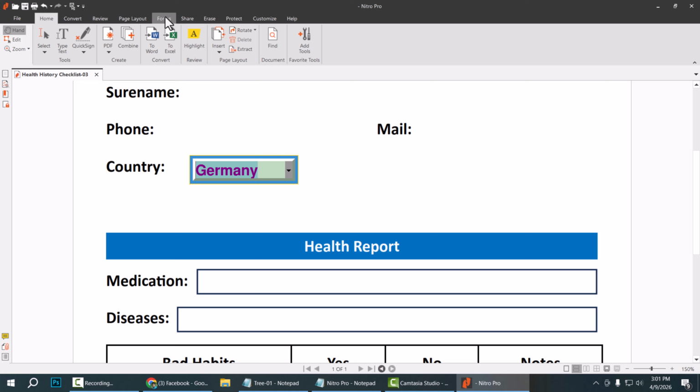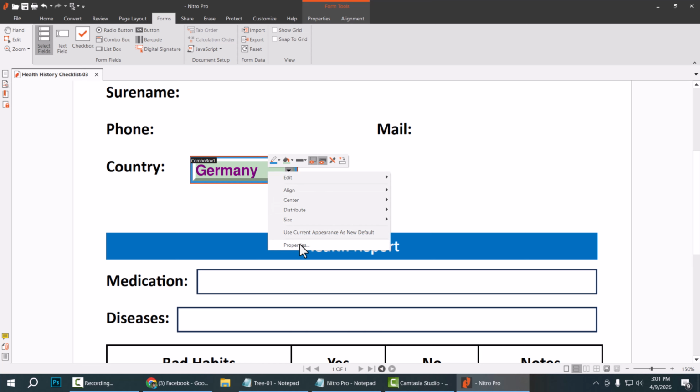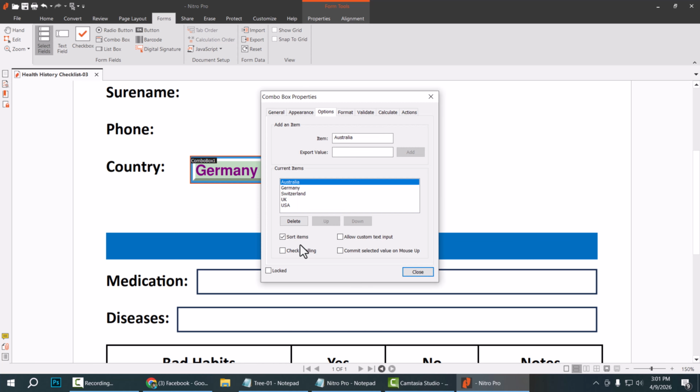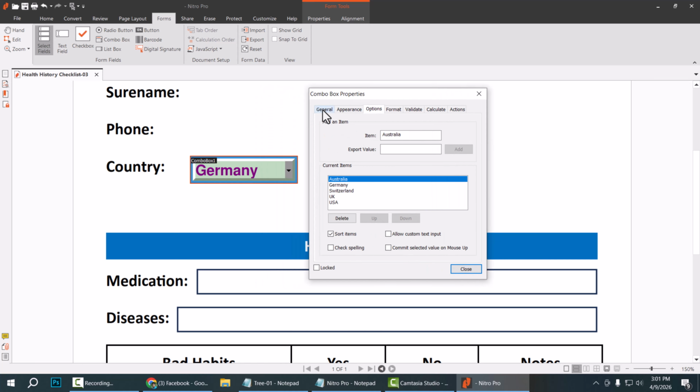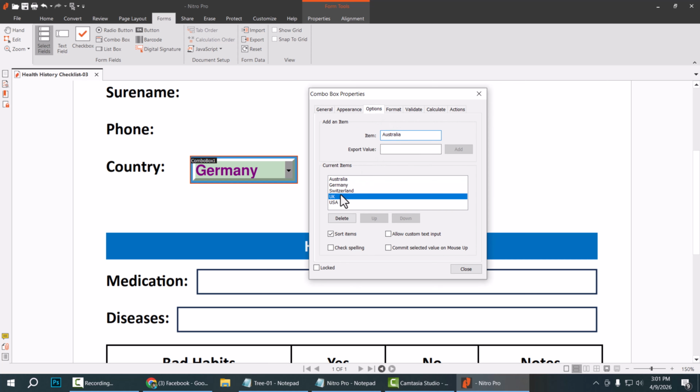Now select the form option, and here you will find a select field option. Drag your mouse cursor to select your box, press the right button of your mouse, and open the properties dialog box. In the properties dialog box, go to the options menu, and this is our current item list, and I'll add a new item